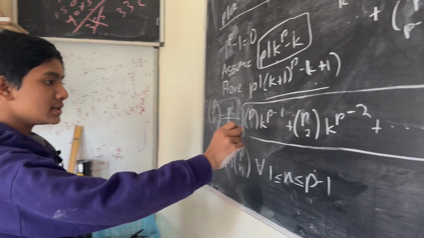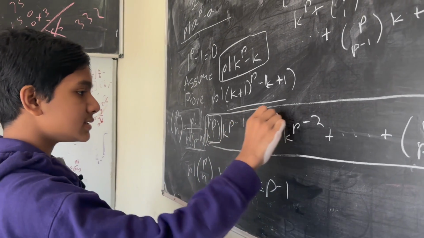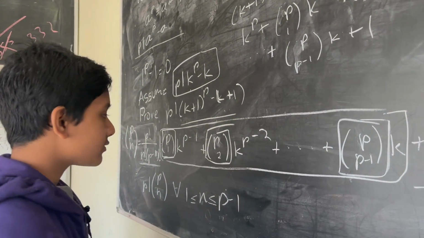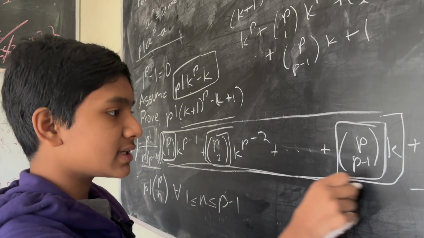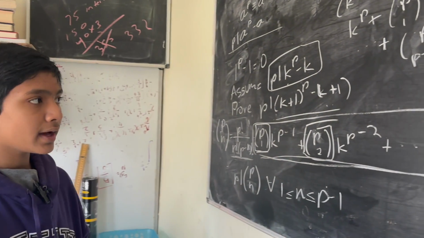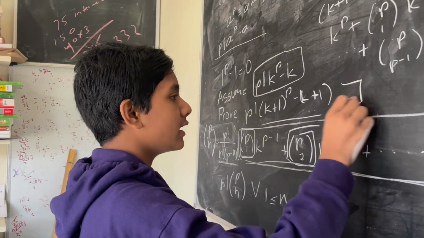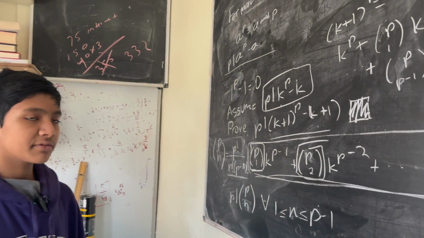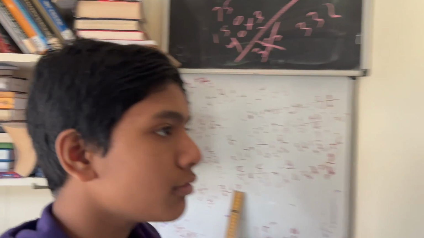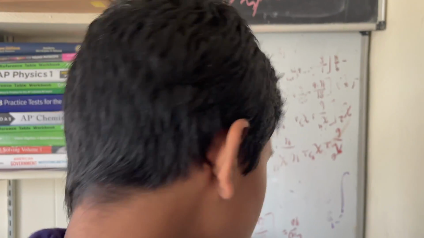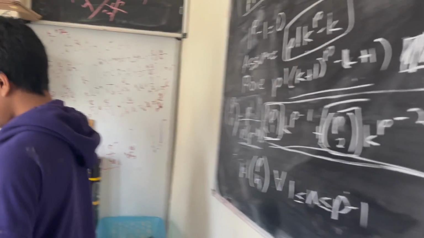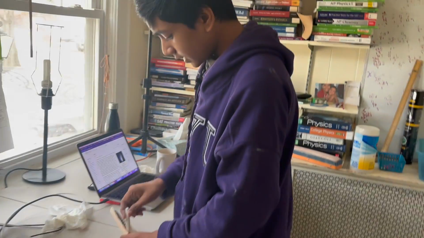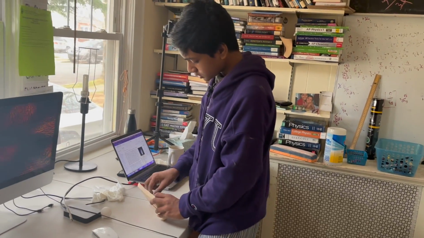So that means that each one of these coefficients is divisible by p, which means for integer k, the rest of this expression is divisible by p as well, which means that we have proved that this entire expression is divisible by p. So in short, what we did was, let me use the red chalk. So in short, what we did was